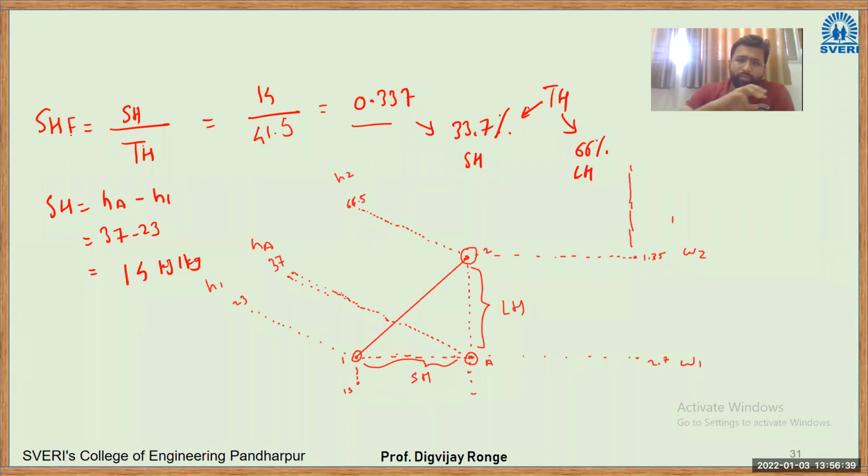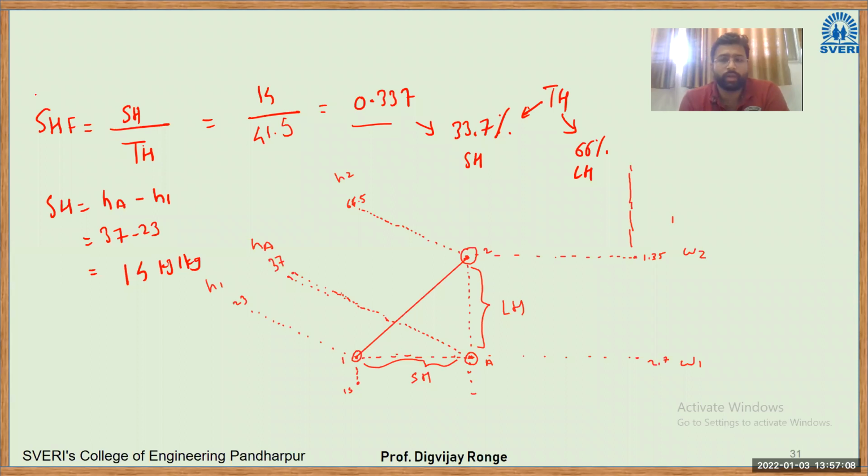There are numericals of various types. More variety will be observed in the upcoming chapter, chapter number 5, in which we have to study not only SHF but also room sensible heat factor, global sensible heat factor, etc. There we have to go for heating and cooling load calculations. So a lot of numerical part is there in the next chapter. For chapter number 4, this is sufficient.